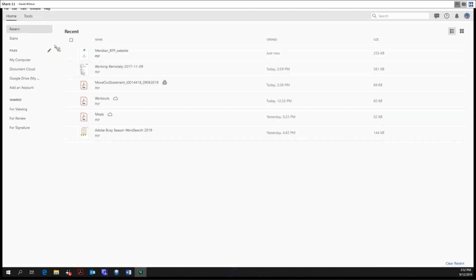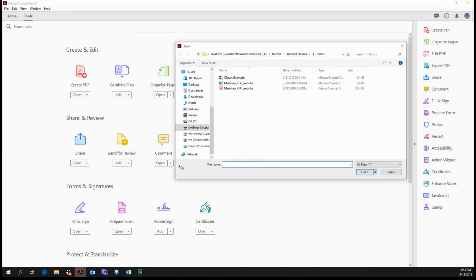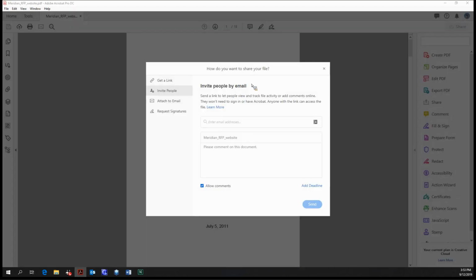My name is David Wilmer, and today we're going to be looking at the Share tool in Adobe Acrobat Pro DC. So let's get right into it. We're just going to click in, and then we're just going to select the document that we'd like to share. So we're going to go with an old standby, the sample demo file, and then this little menu pops up